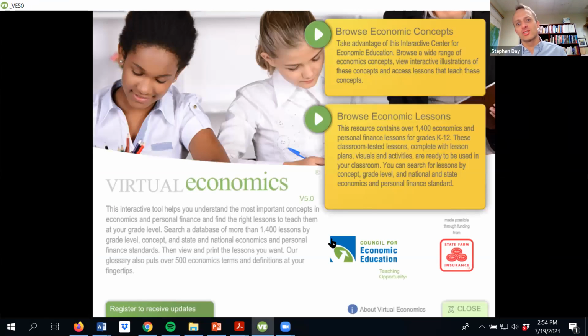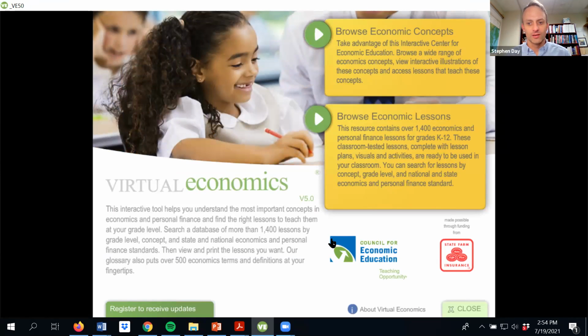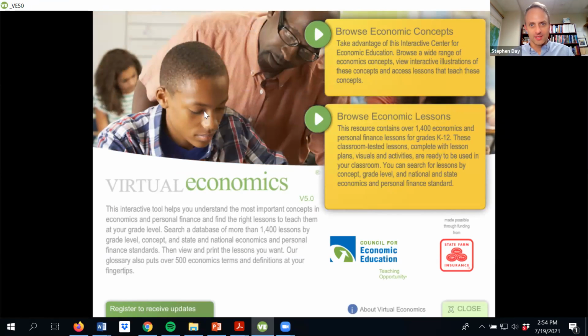So it's helpful because it has a logo on it, but it's not the only thing that has the logo. So if you click the wrong thing, you might need to try a different logo thing. So if you are trying to teach economic concepts and you're new to it, you can often just go to